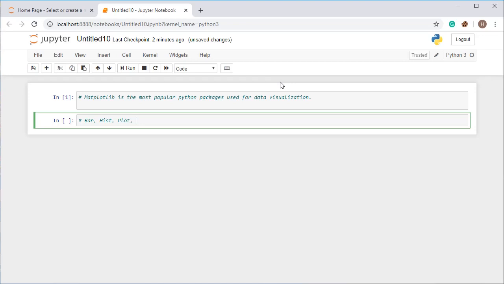Then we will also see the scatter plot. A scatter plot is generally a graph represented with different dots in a particular region. So we will learn about all these plots mainly. These are the important plots which are majorly used in data analysis, and we will cover all other plots if required in the upcoming lectures. So let's start without any delay.